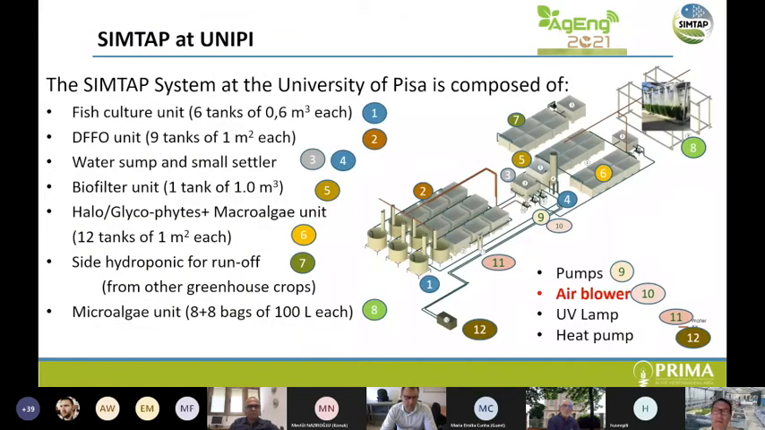So let's have a look in detail at the units we built at the University of Pisa. It's a small system, so it's for research purposes. We have 6 fish tanks, around 0.6 cubic meters each. The water flowing from those tanks goes to the deposit filter feeders unit, which is 9 tanks of 1 square meter each, where